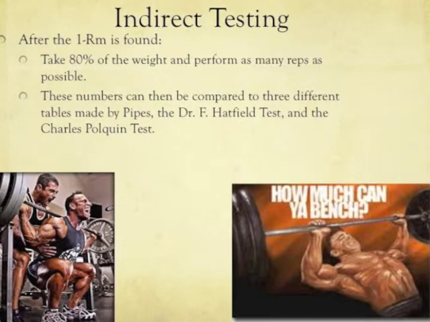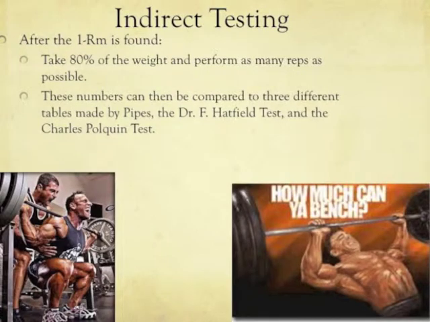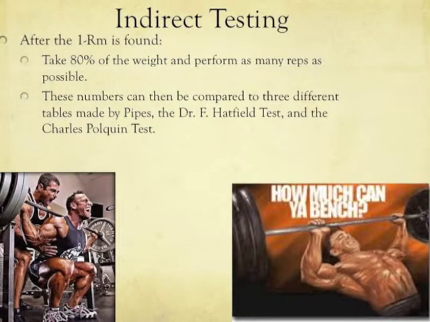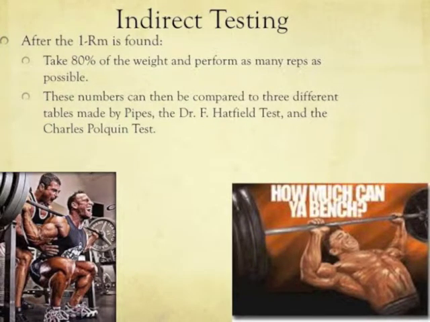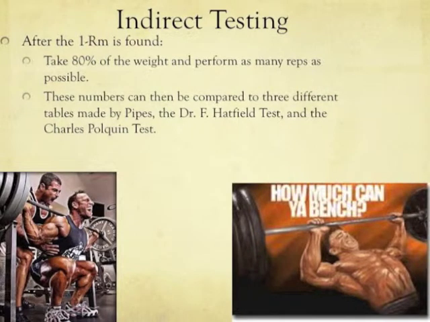Now all 3 of these exercises can be done in one day, but it's highly recommended to have a good waiting period in between these. So you can do your bench press, then wait 15-20 minutes so you can get full recovery, then do your squat with the 1 rep max, then going down to your 80%, and then you can take another rest after that, 15-20 minutes, and do your final deadlifting